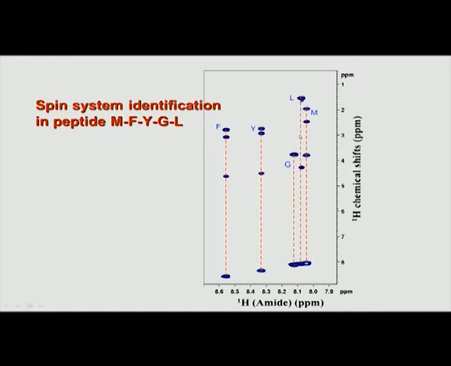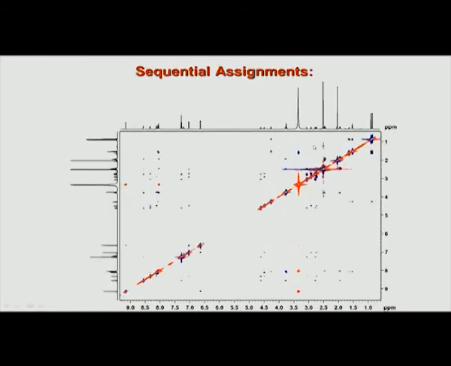So, this is the leucine spin system which we can assign, and this looks like a methionine, again based on the characteristic pattern of peaks which we have seen in the last class, that all the 20 amino acids have this characteristic pattern. This is how we can say that there are 5 spin systems in this molecule, and each of them corresponds to the pattern which we expect. But remember, again we have not assigned the sequence specifically, meaning we do not know whether this is really tyrosine or phenylalanine. We have to establish that link with the neighboring amino acids, and for that we need to go for 2D ROESY or 2D NOESY.